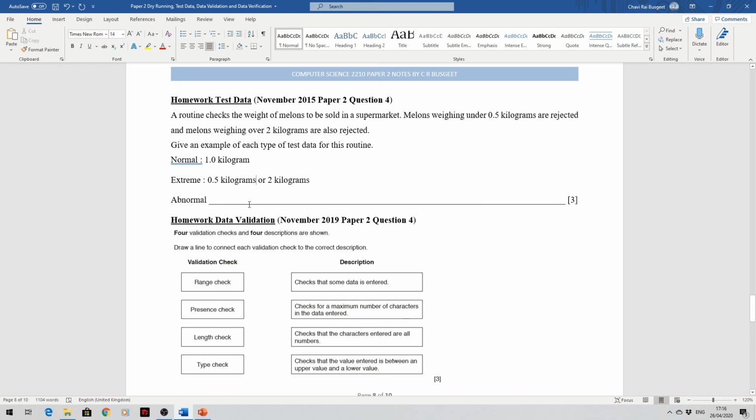And lastly, abnormal data will be anything that is below 0.5 or above 2. So let's say 3 kilograms, or we can also say, let's say 0.2